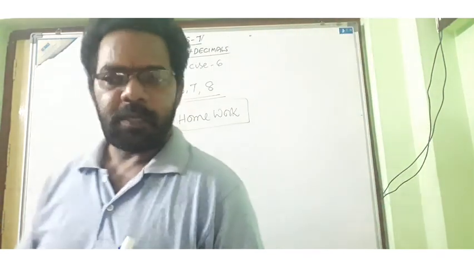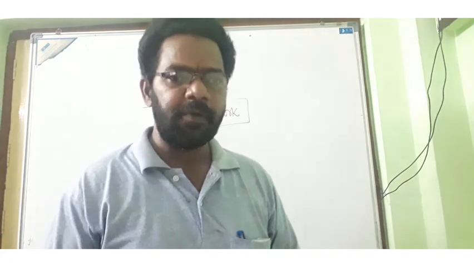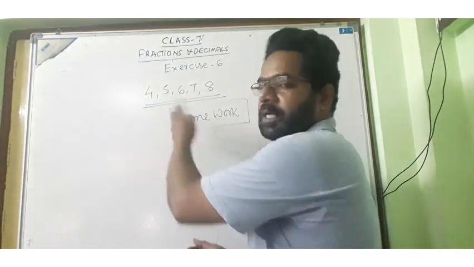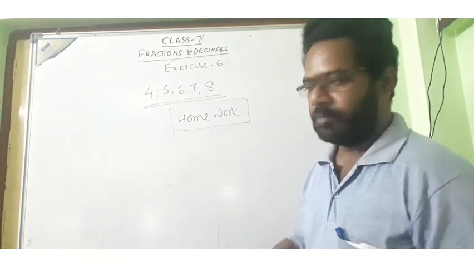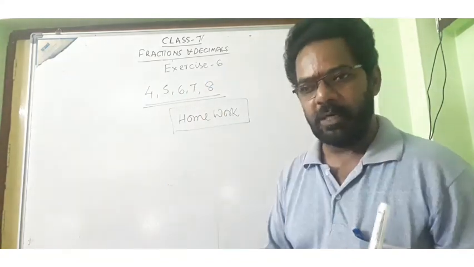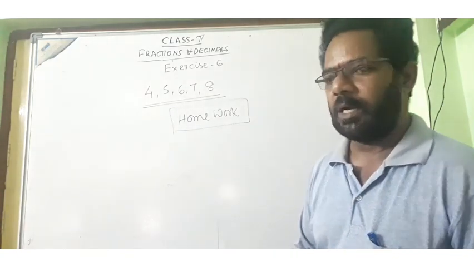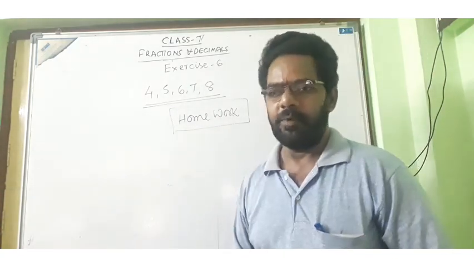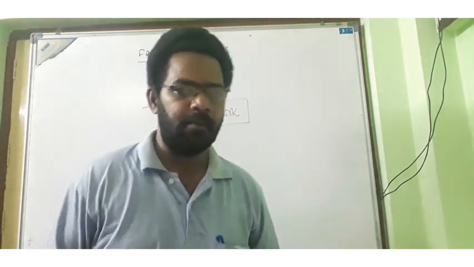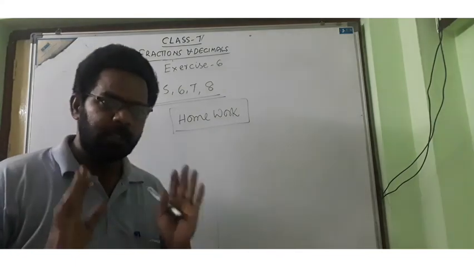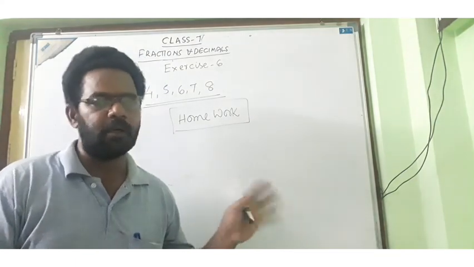Okay, fourth Roman, fifth Roman, sixth Roman, seventh Roman, eighth Roman. In these, they have given the sums. Till now we completed multiplication of decimals. But now in this they have given division of decimals. So division of decimals we just discussed before this exercise. I think you understood. So try to do it yourself and show it to me in the class. We shall discuss the mistakes or anything. Okay, understand? So you have to complete this in the classwork as well as homework. Any doubts are there, you can clarify in the class itself.